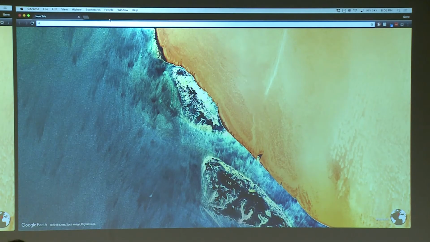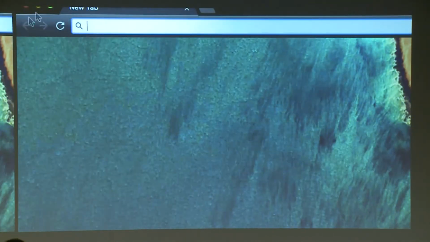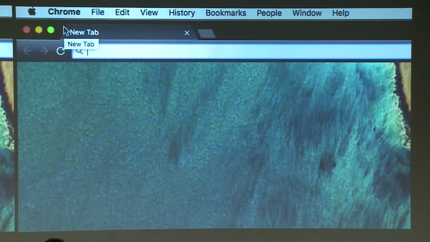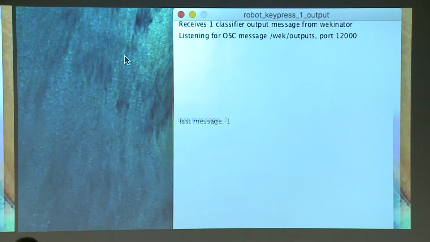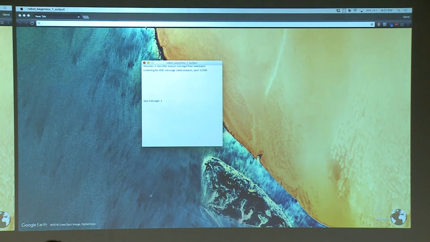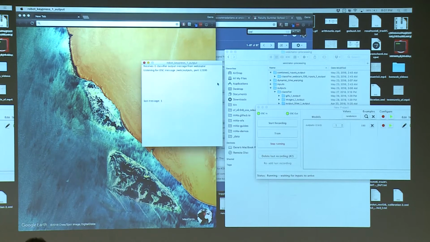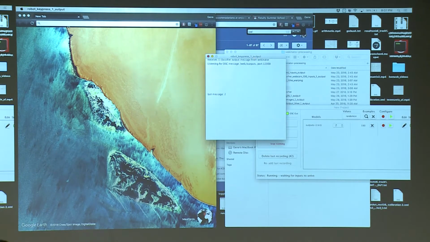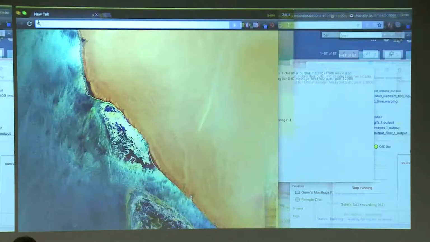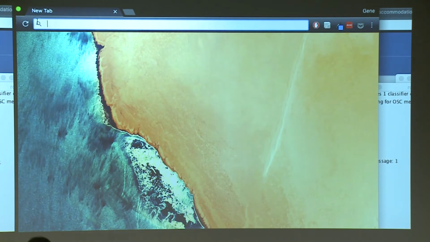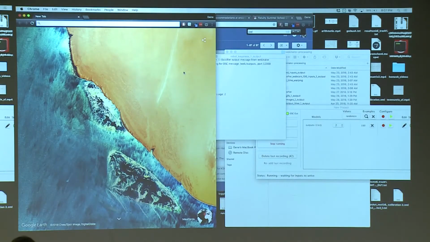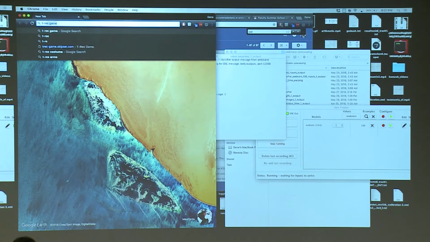So you can tell, because if I go into the URL bar and then I move to the, oh, it should start hitting the spacebar, I think. Hang on a second. Oh yeah, see what it does? It just hits the spacebar. Hits it once. Okay, so not terribly interesting, but what we can do is, if you search for T-Rex game,